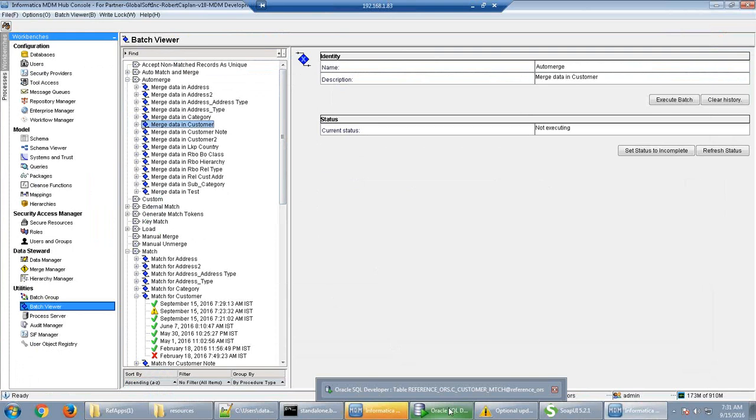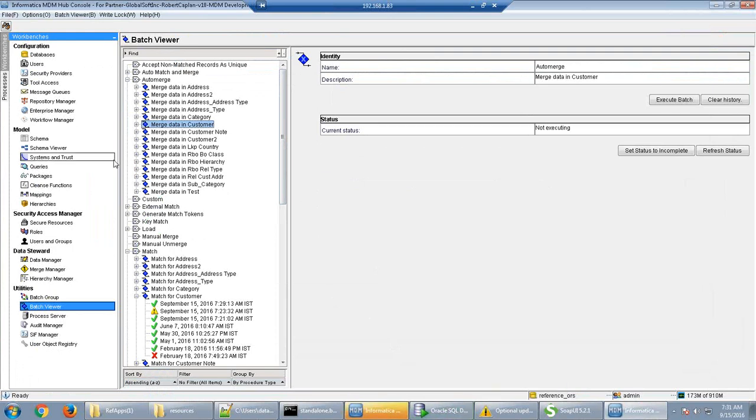And that is based on the rule level, because I might have multiple rules. Some rules might be an auto rule, some rules might be a manual rule. Based on the rule, if a record is matching on an auto rule, it will put 1. If a record is matching on a manual rule, it will put 0 in the tables. Then whenever we run the auto merge job, all the records which have matched on an auto rule will get merged, but it will not touch any records where auto merge indicator equals 0.